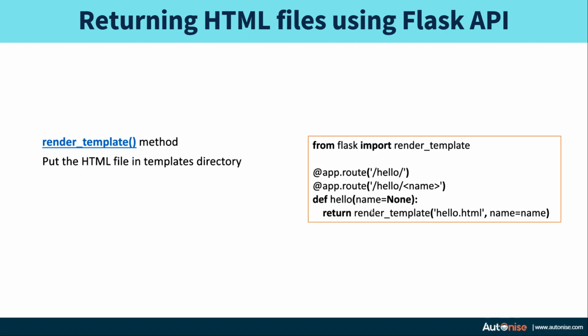You can use render_template to provide some arguments, like the name, to that HTML and then render your HTML code dynamically. As this is an introduction to Flask, we are not getting into exactly how to render your variables, but you can go to the Flask documentation and there you will get very simple examples of how you can render your names or variables which you pass over here inside your template. So using Flask, you can easily return an HTML file for your request.